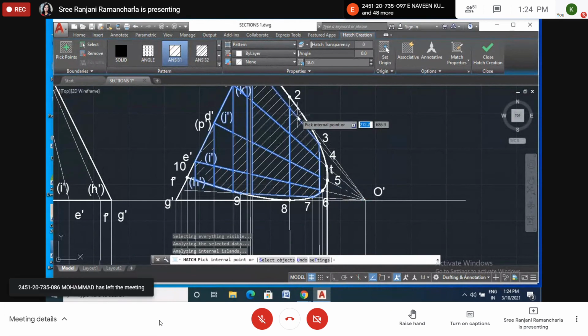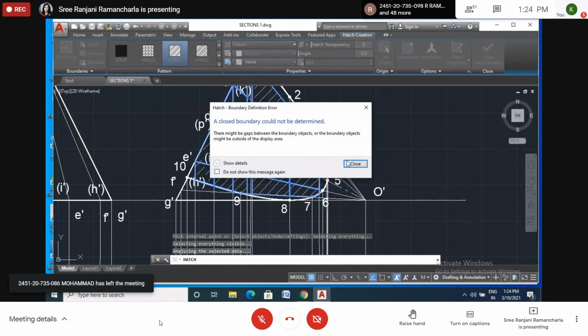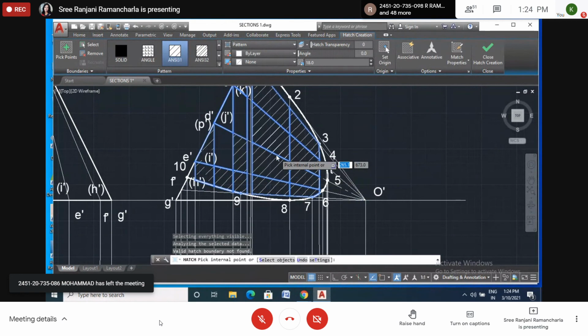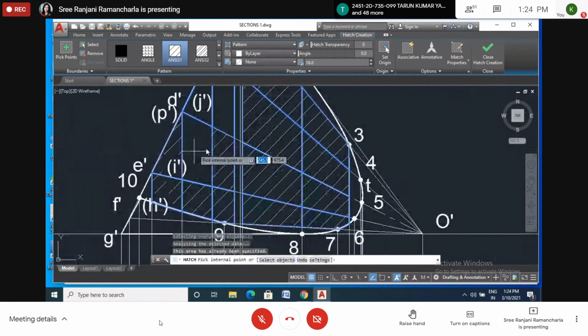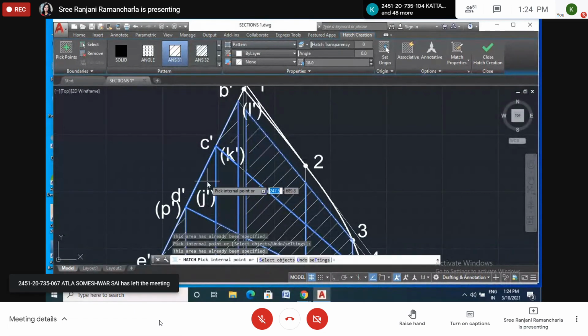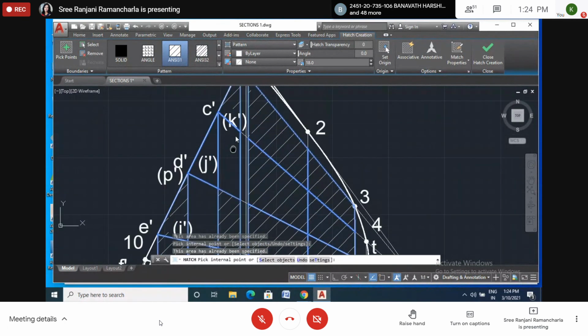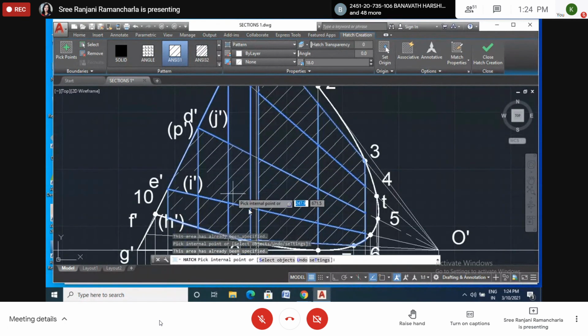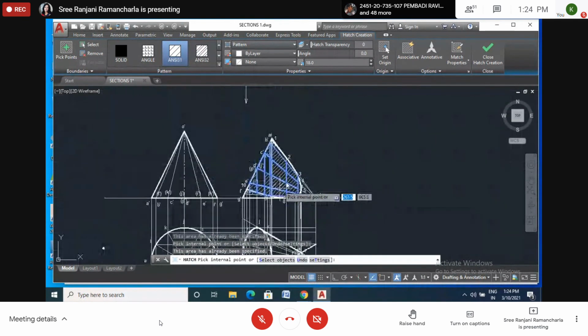Within this section only. Somewhere it is not closed here. Because of this lettering, it may not select this hatch command. So leave it. Okay.